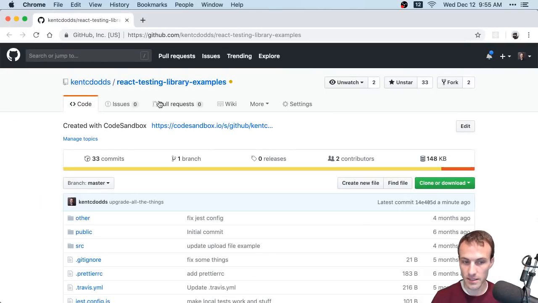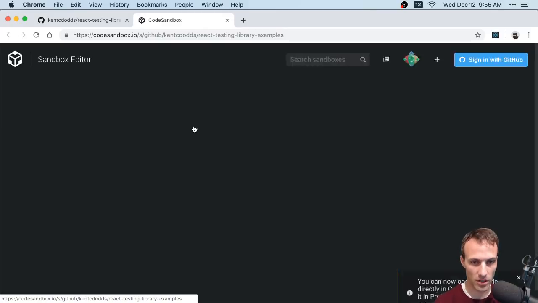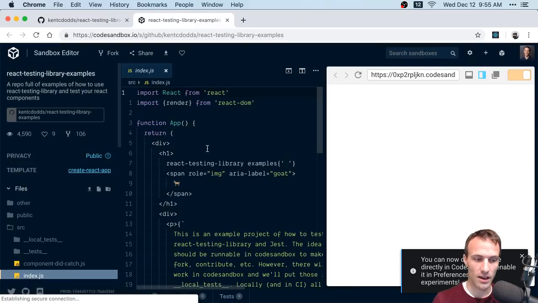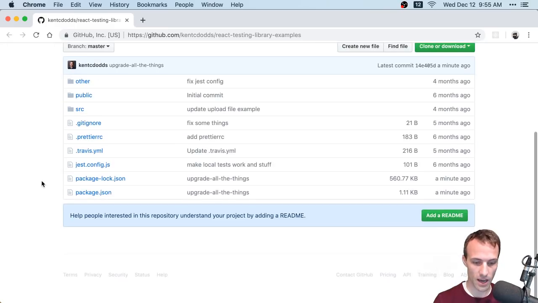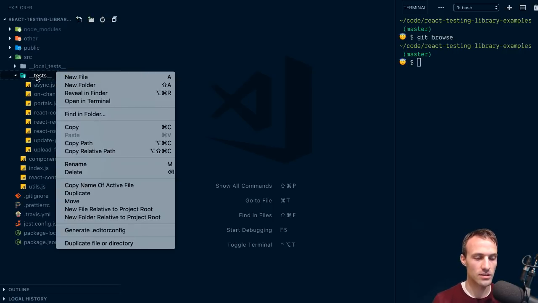So yeah, this is the repo. There's actually a code sandbox. The whole idea is just a bunch of examples of how to do different things with React testing library. And one of those things I'm going to add right now is React.lazy. So what we're going to do is